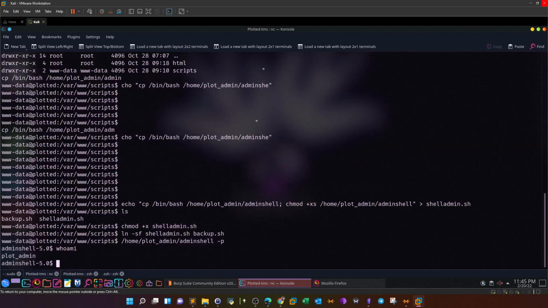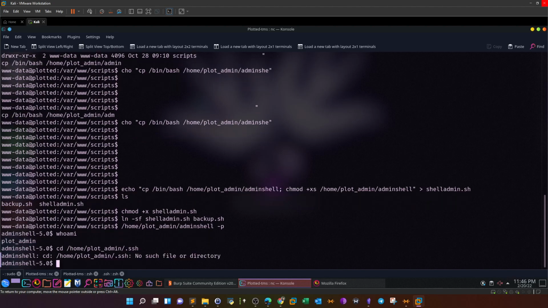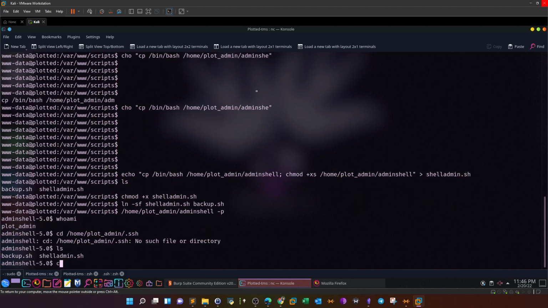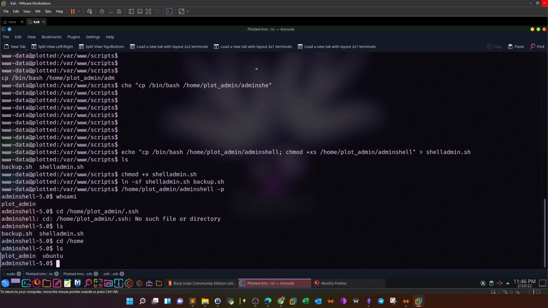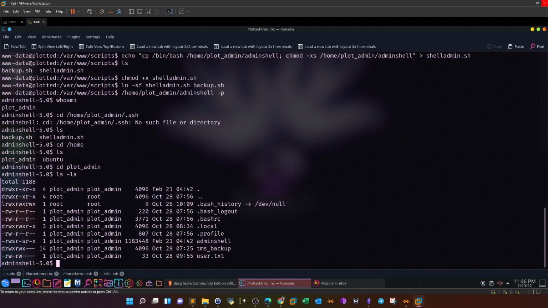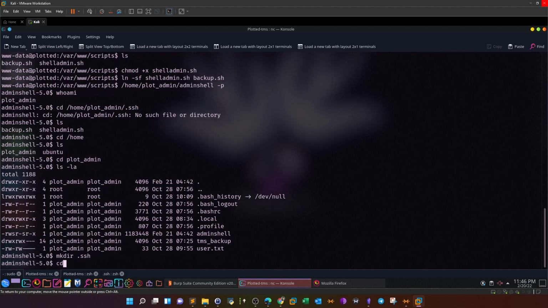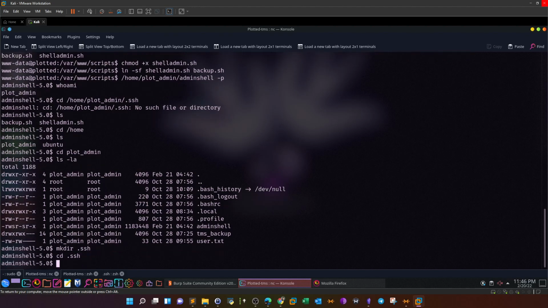Okay, so we go to the machine, home, plot admin, .ssh. cd home, cd plot admin. There is no .ssh directory here. By the way, this is the user.txt. We can cat its content. We can create a new directory. mkdir .ssh, go to .ssh, and echo